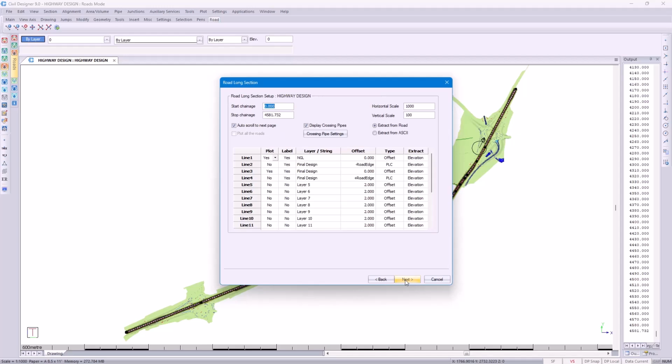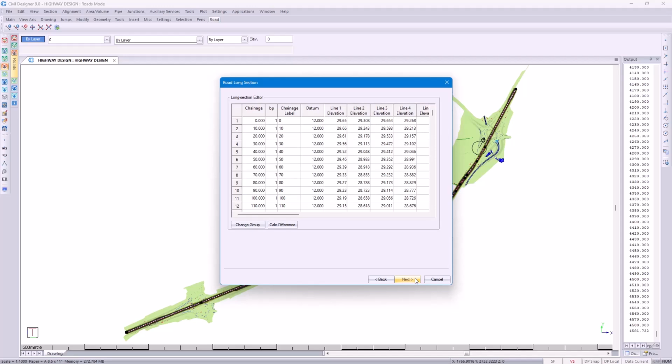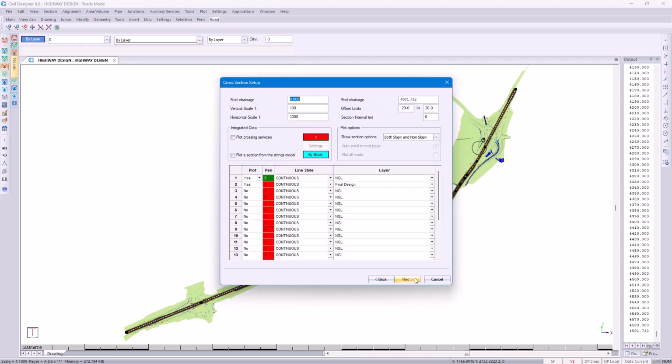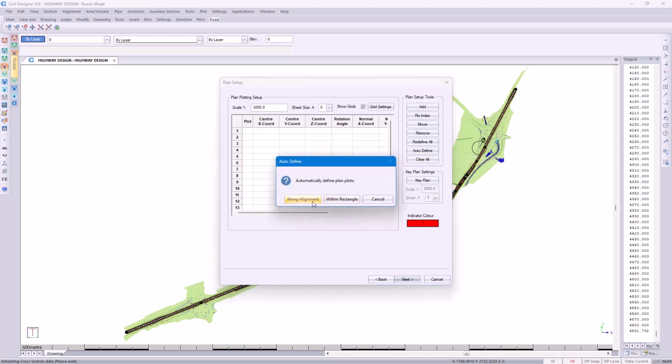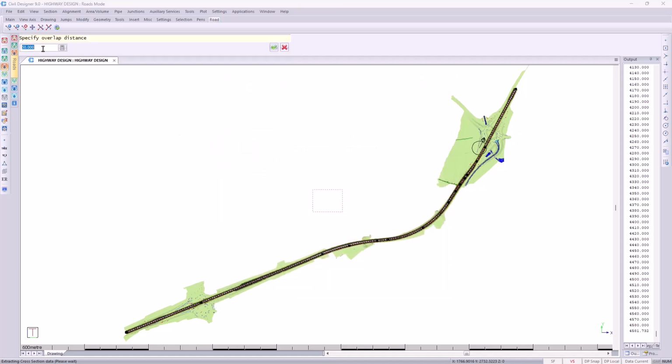Specify the long sectional setup, what you want plotted, if you want the labels, which road layers you'd like to use, if you want your crossing pipes displayed. Click on Next. Specify your cross-sectional setup, including your offset limits and section intervals. I'm going to clear the current setup and I'm going to auto-define the new setup. So I'm going to plot along the road center line or alignment, specify 50 meters overlap,